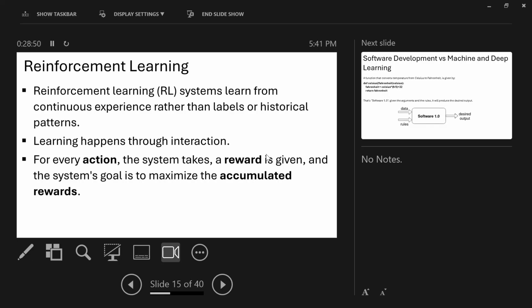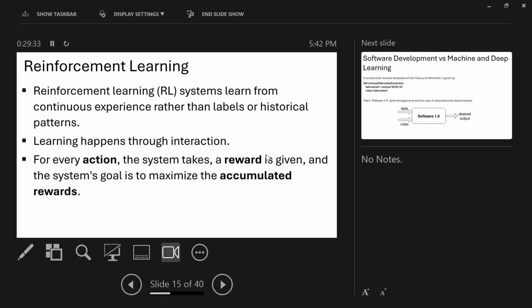I made an error. I said it doesn't learn from data, but it learns from continuous experience. And you know, when it first starts, it has no experience, there's no data. But with experience, it gathers some amount of data. So I was actually wrong. It uses data, but at a certain point, like at the start, there's no data information available, and the learning comes through interaction.